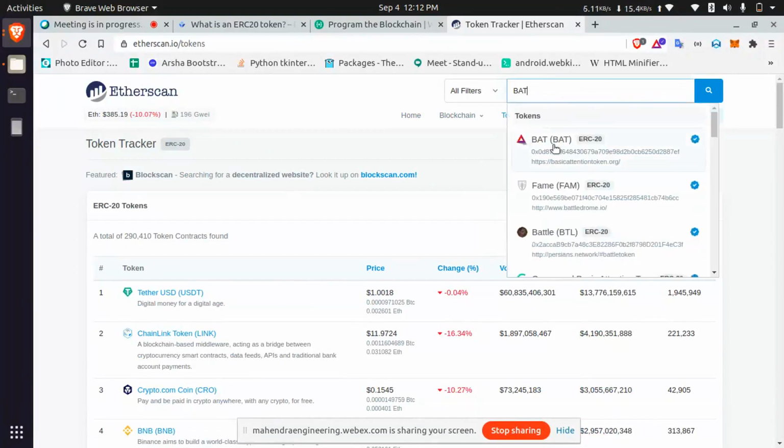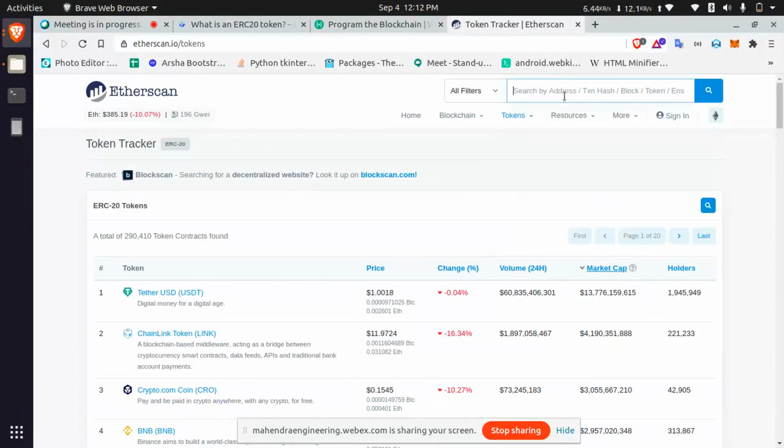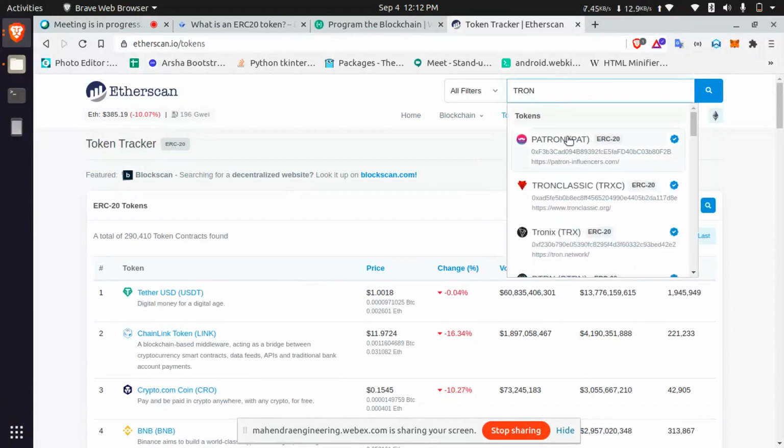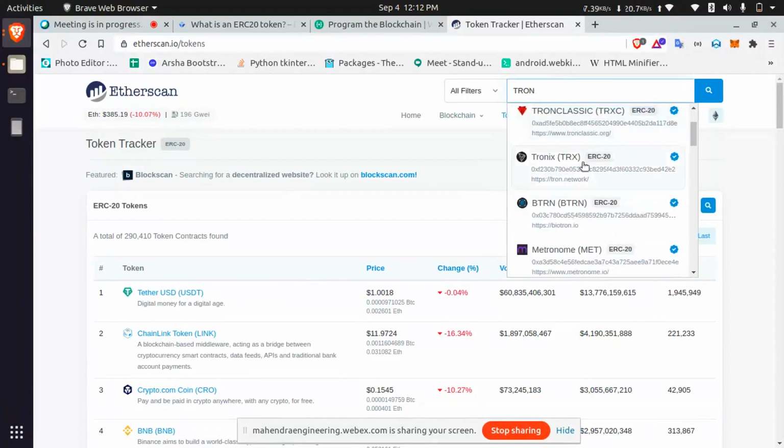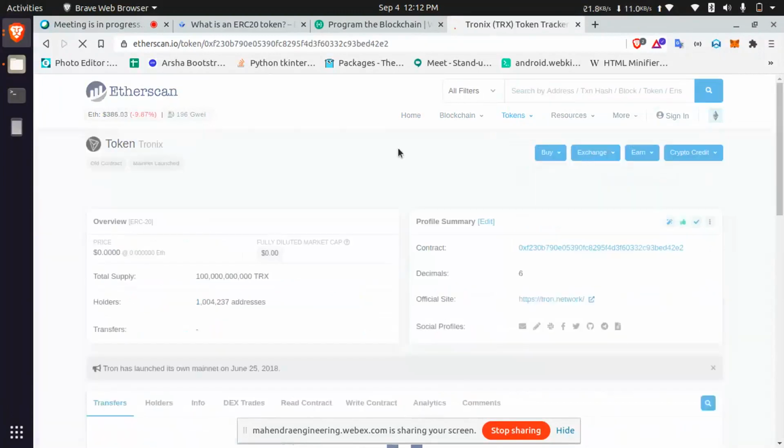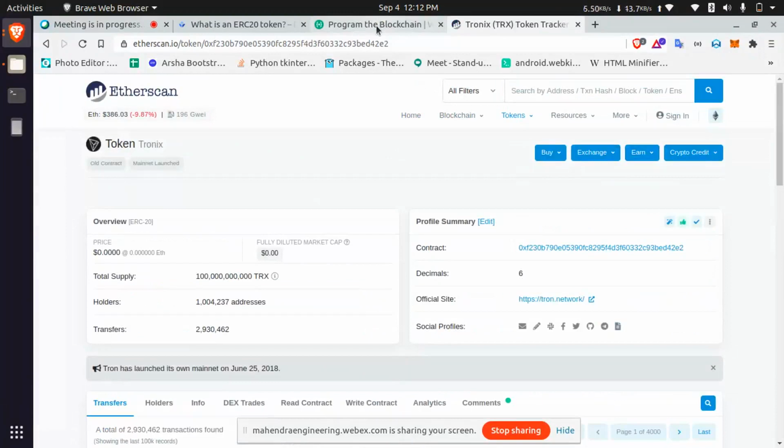Your name can be found here. If you are creating your own tokens, you can find them like Tron, Tronix is there. So this is how the name is useful in an ERC20 token.